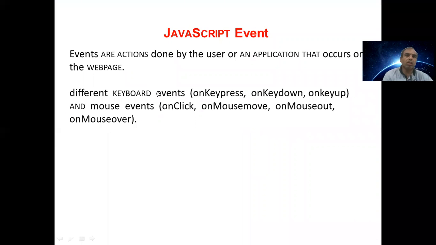After window object, they show you the JavaScript events. Already we are using events like onclick. So events are actions done by the user or an application that occur on the web page. You have to use the keyboard event; before in 12th standard, we are in 11th standard, we are using keyboard